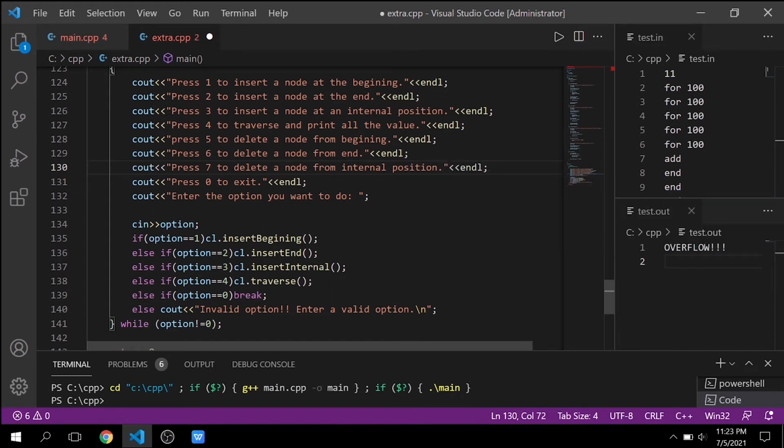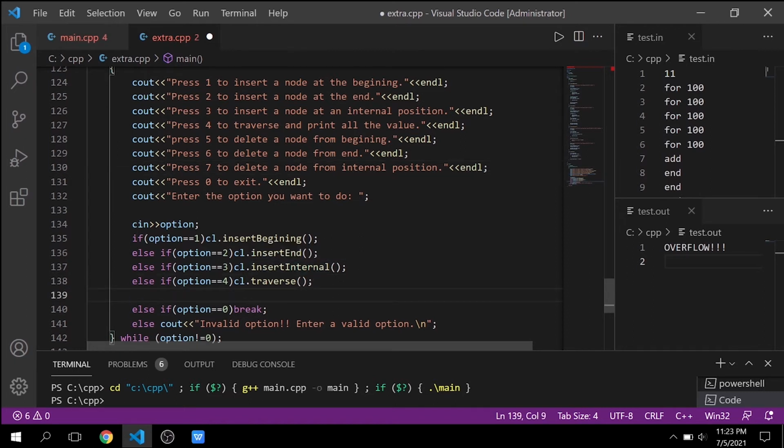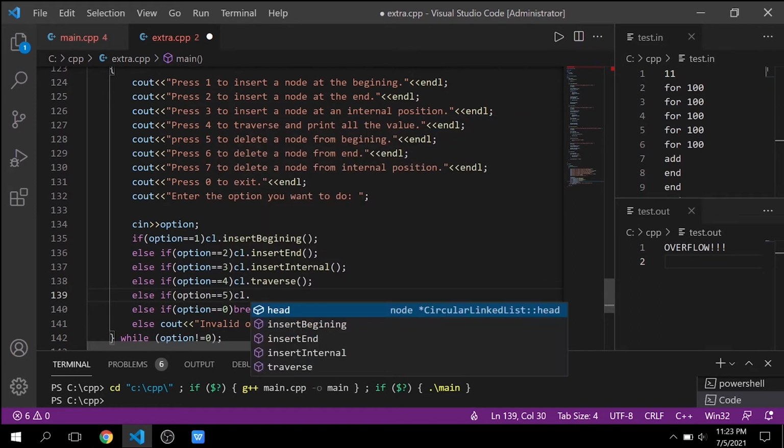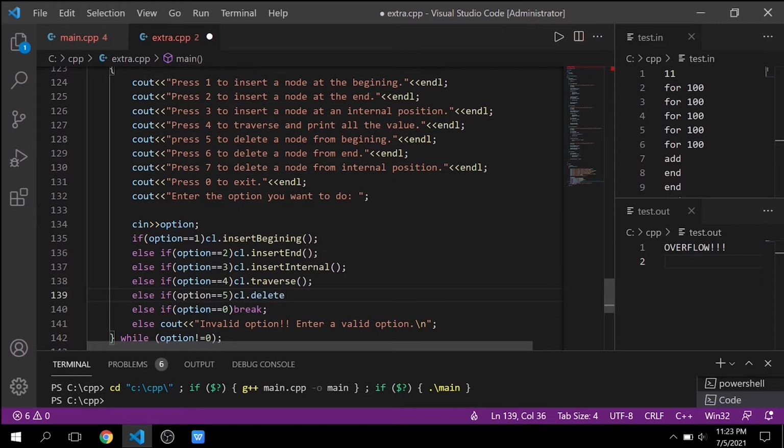Now we have to add the three options also. So if the option is 5, we will call the delete beginning function.